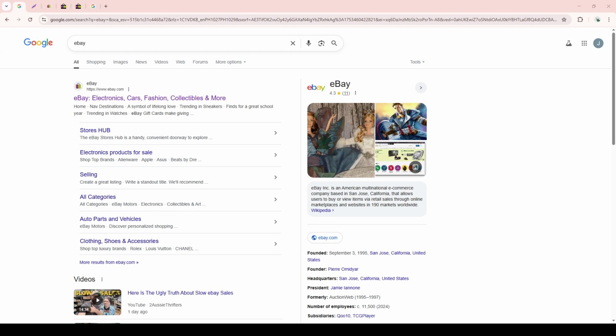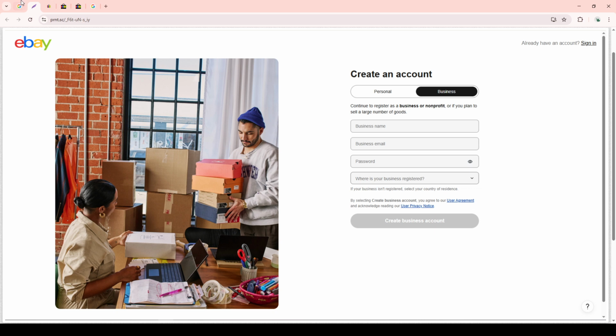First things first, you'll need to register for an eBay seller account. As you embark on this journey, you'll have the option to choose between an individual or a business account. Each has its advantages depending on your specific needs. If you're just starting out as a hobby, an individual account might suffice. But if you're aiming for more volume or functionality, a business account can offer additional features and data insights to